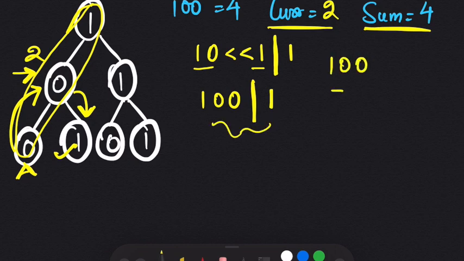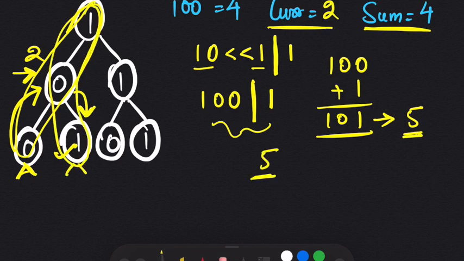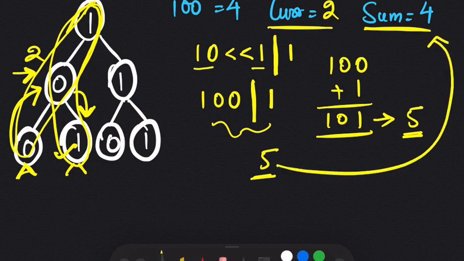So 100 plus 1 is equal to 101, which is our binary number. And 101 in decimal is equal to 5. So at the end of our second path, since we have reached the end of the path, I'm going to add this 5 to the sum. So my current number becomes 5 and my sum becomes 4 plus 5, 9.